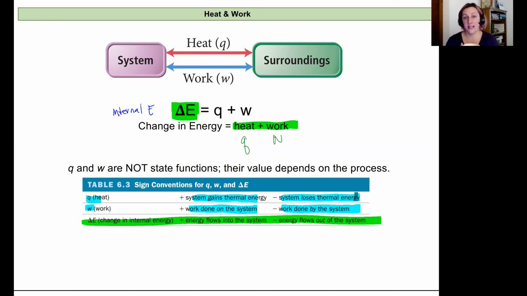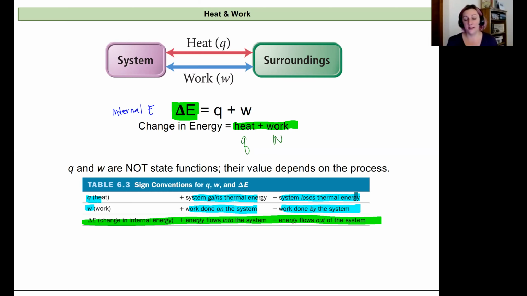Now, if instead I put this in my oven or my microwave and heated it up, then I would be taking heat from the surroundings of the oven and it would flow into the T and heat it up. And so then the system would be absorbing energy from the oven or microwave. And so it'd be gaining thermal energy, increasing temperature. And so it would have a positive symbol associated with the heat that flows between the oven and the T. So it's all relative to the system, which is the T.